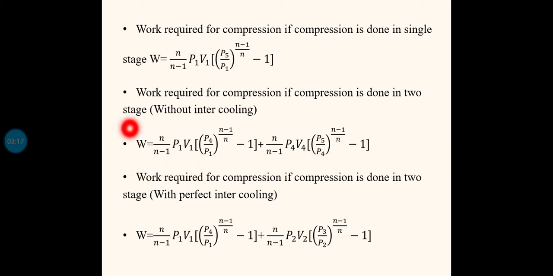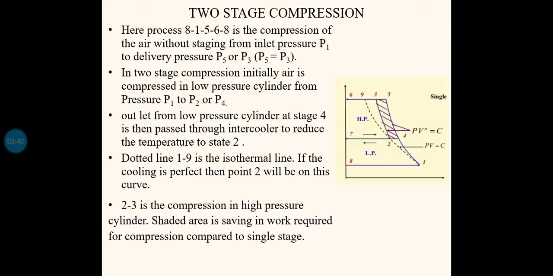So this will be the equation to calculate the work requirement if the compression is done in two stages but there is no intercooling. Usually this equation is not very important and will not be asked in university questions, but sometimes in university problems, for comparison, you will have to find these values. In that case you have to use this equation. Just remember, there is no need to learn the equation by heart. What we have done is split the compression process into two, and for the first stage we identified a work done equation using the same equation that we studied for single stage compression, and for the second stage also we separately identified an equation for work requirement with the same equation for the single stage.